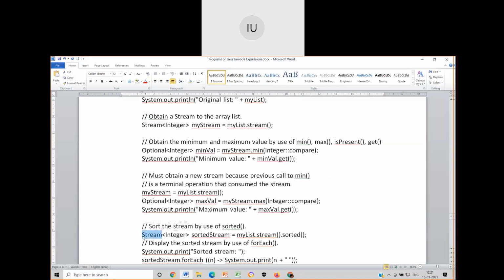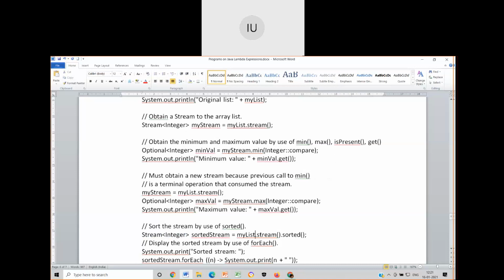Afterwards, it can be removed. Only in that case will I call it optional. Otherwise, you declare it with the class Stream itself. I want to retain these sorted elements for a while. For that reason, I have created a separate stream called sortedStream.